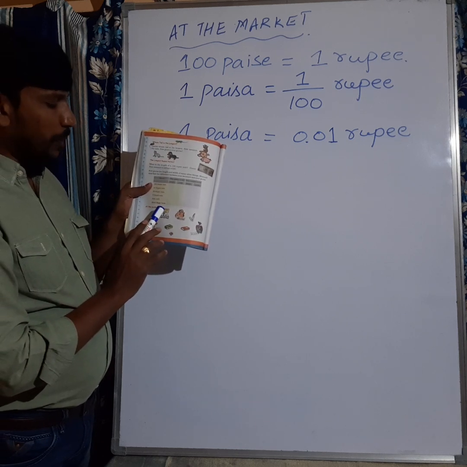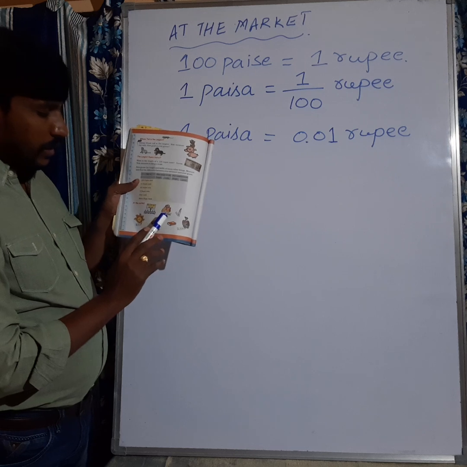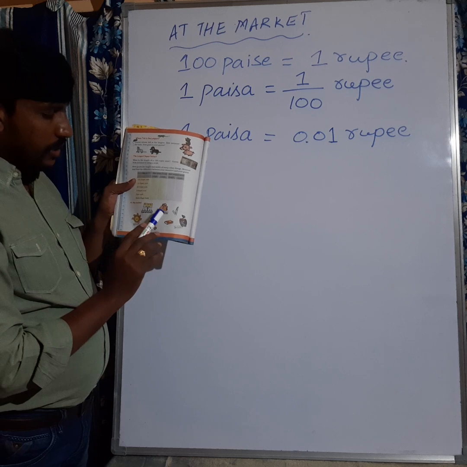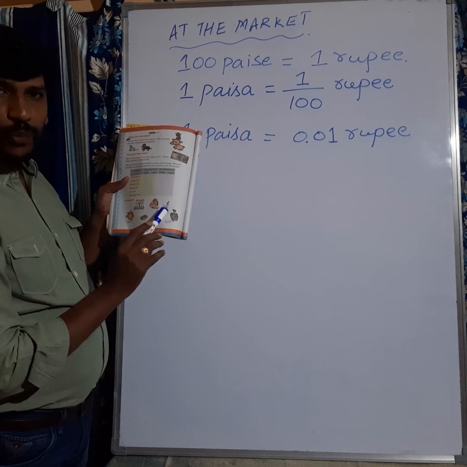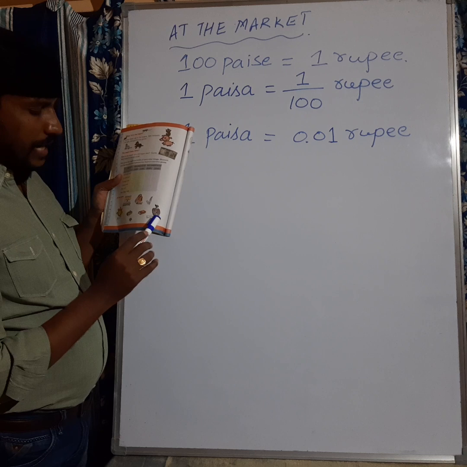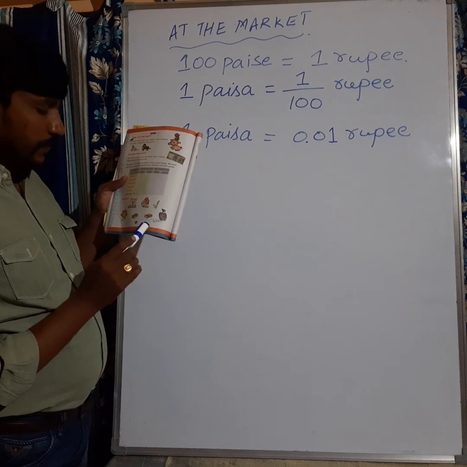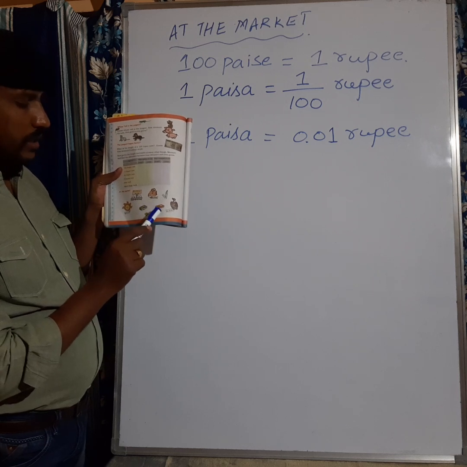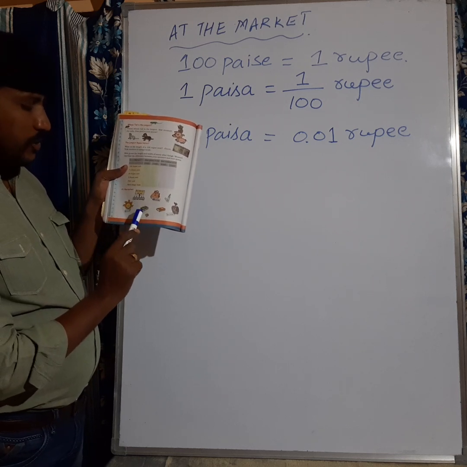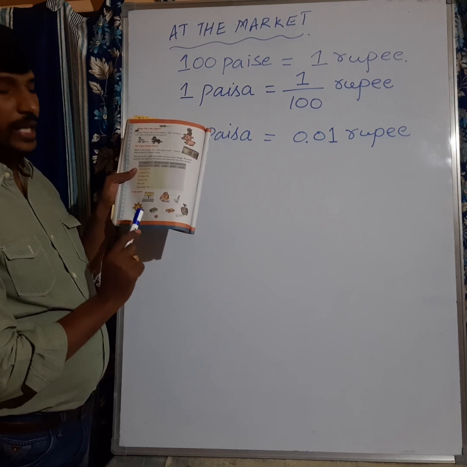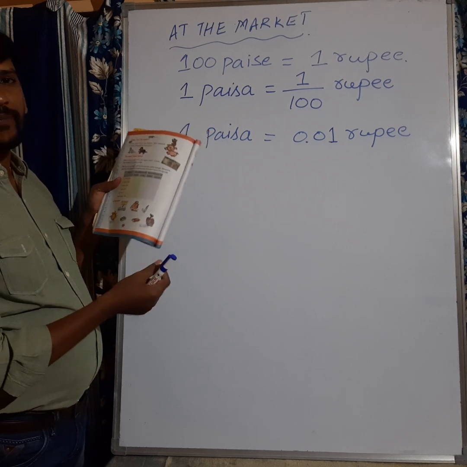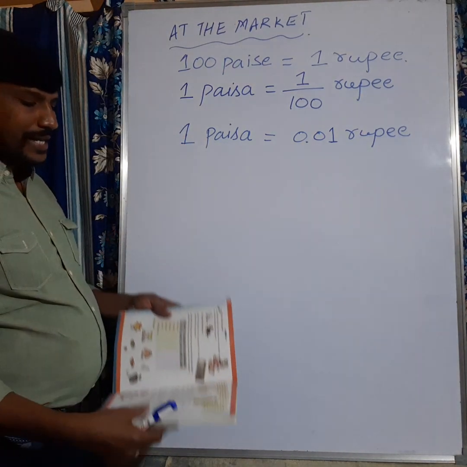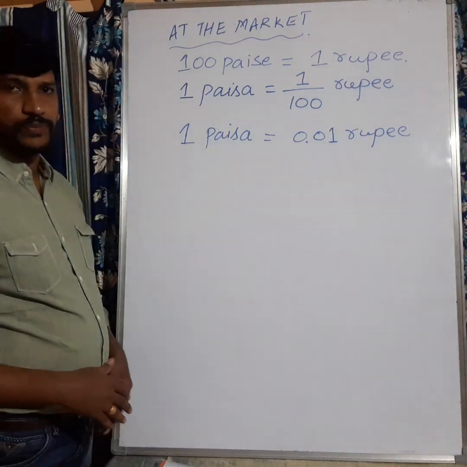See, 2 rupees 50 paisa for one egg. Rupees 120.50 is the cost of the handbag. The pen cost is 6 rupees 50 paisa. Chappal cost is rupees 32.99. Matchbox is rupees 0.50, that is 50 paise. And soap is rupees 8.75, that is 8 rupees 75 paise. Clear? Based on this price list, on the next page they are asking some questions.